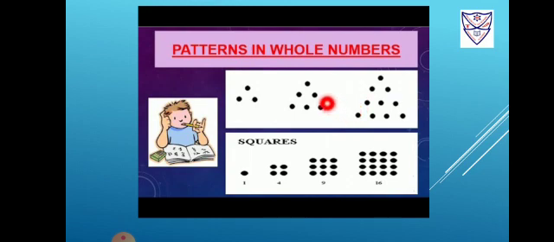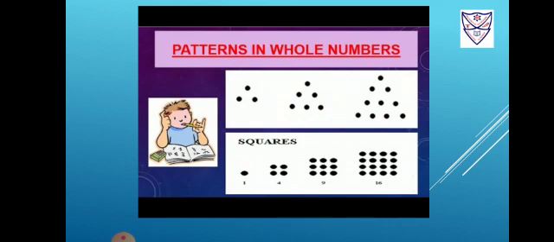Now students, let us understand how these patterns are made. Students, you can see that the first pattern is made by using 3 dots and the shape is a triangle. Now this shape will continue in the next step and 3 more dots are added above that. Similarly, for the 10 dots, these 6 dots of the earlier pattern will remain the same and 4 more dots are added. So this way this pattern is made.